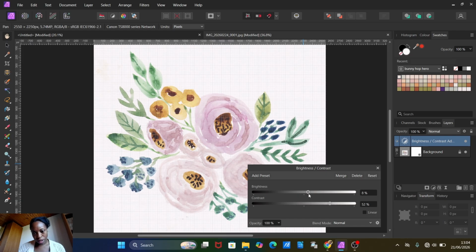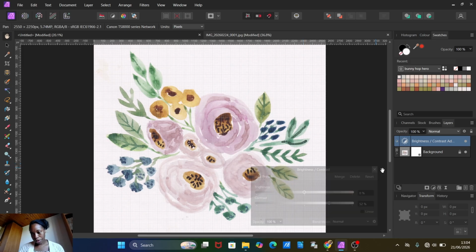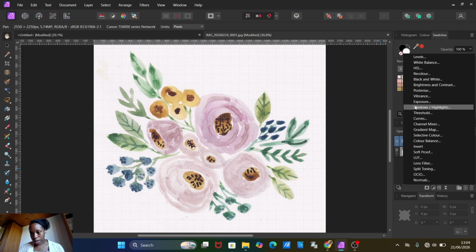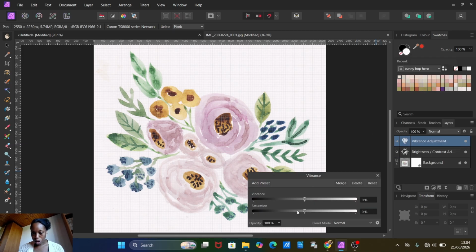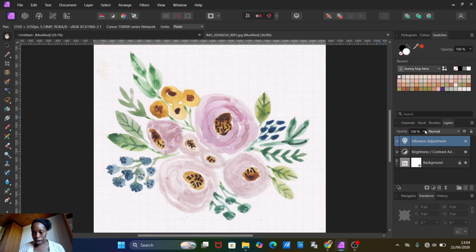You can also go and change anything else. So you've got vibrance here to make it more vibrant, or not so vibrant. So I'm playing with that, it makes it a bit more vibrant. And the saturation, I think that's a little bit better. Okay, so what I tend to do, I group this all together